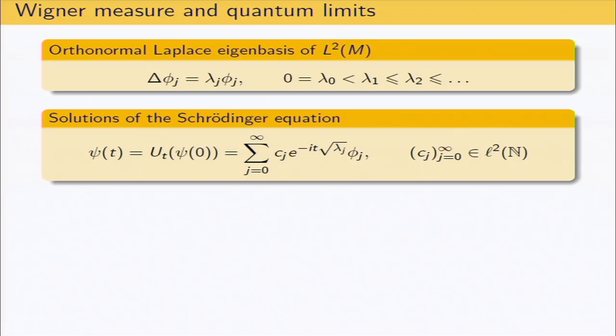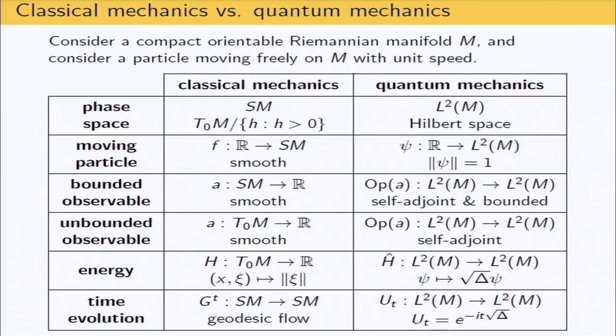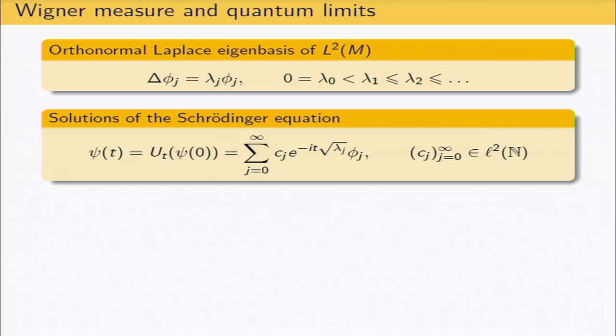And then explicitly, the solutions of the Schrödinger equation look like this. So this is how a general wave evolves in time. If you just look at this equation and you plug in 0, then you will understand where the coefficients come from. So psi 0 on the right-hand side is represented as the sum of Cj phi j. That tells you what the coefficients Cj are. And then when you apply the Ut operator from the previous slide, these operators act very simply on the phi j's, namely by e to the minus it square root lambda j,